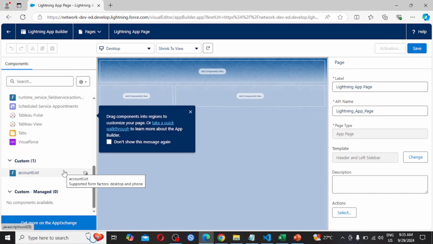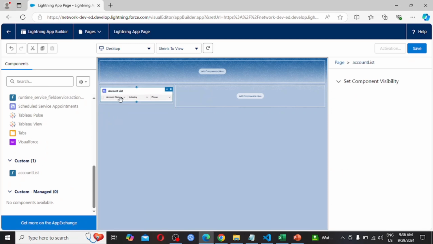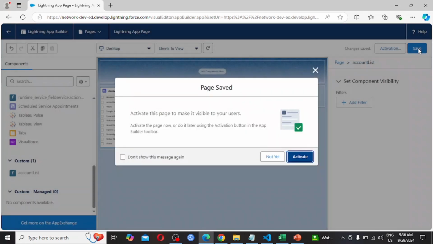So as we had created our own Lightning web component by the name accountList, it is displaying over here. So simply I am going to drag this component here and clicking on the save button. So it is saying that activate this page to make it visible to your users. Click activate.